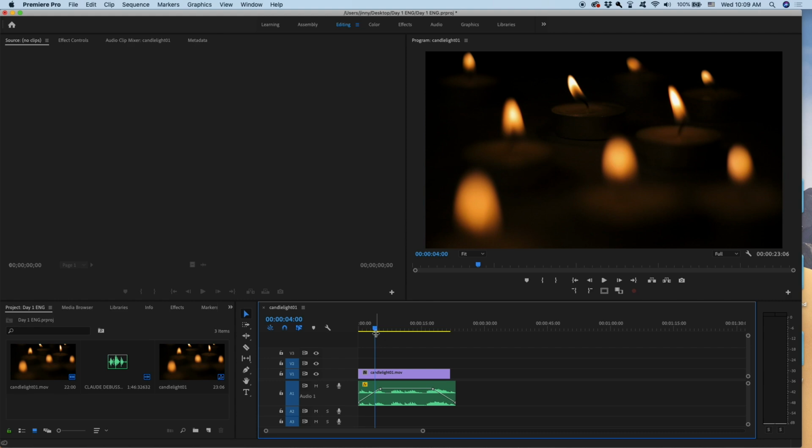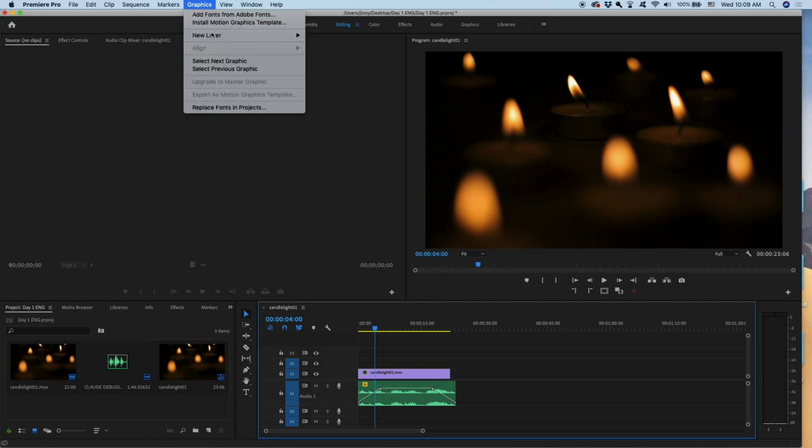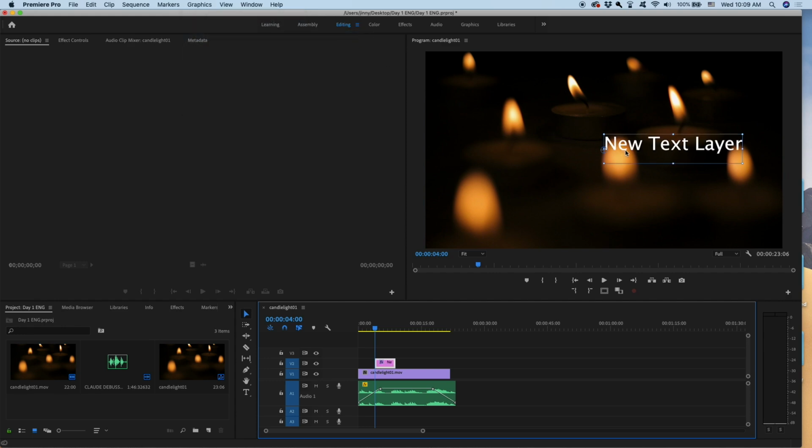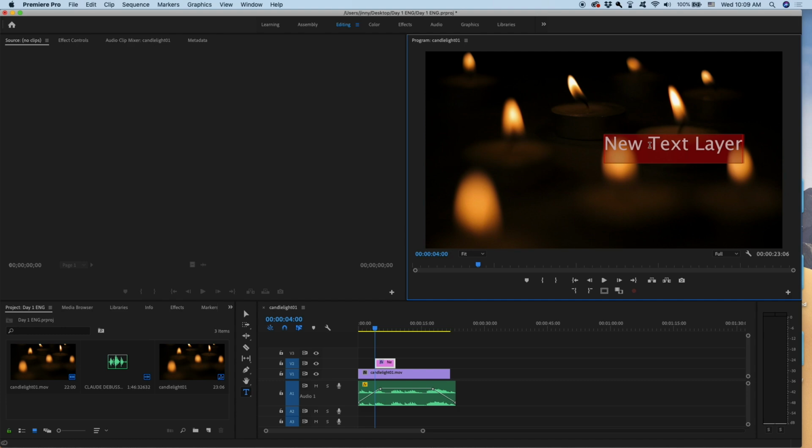If you go to the top, you will see Graphics on the menu bar. If you click once, you will see New Layer and then Text. Click once. And you see a new text layer already built in. If you click 3 times, it will highlight all the text. But if you want to change this text, like the font style, font color, font size, align or